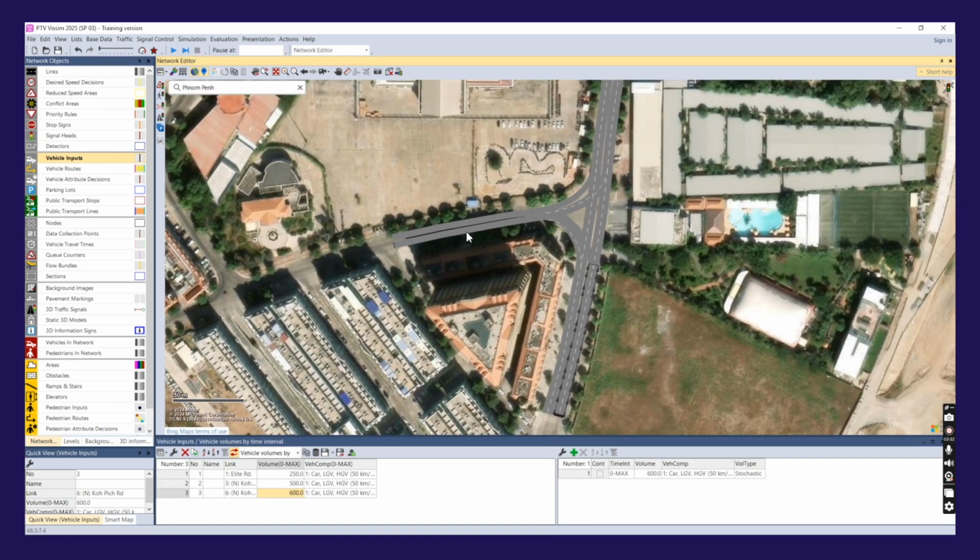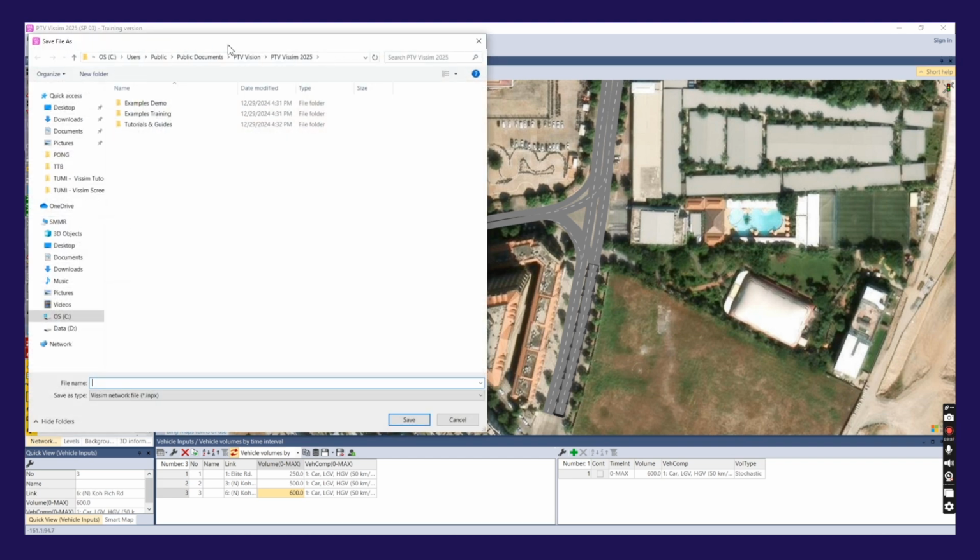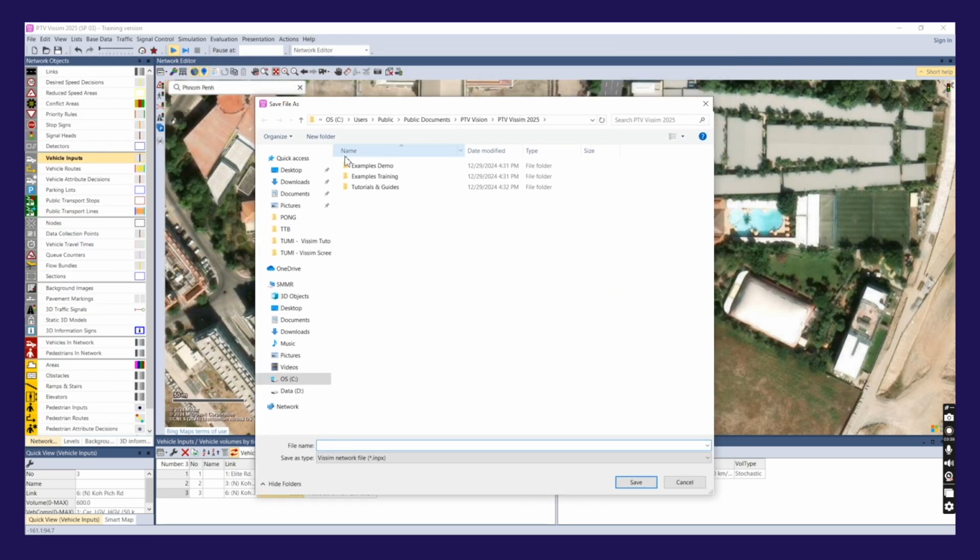And to do that, we go up here to the top and we can click play. This will prompt us to save our network. So I suggest you create a folder somewhere in your computer or on your desktop, and you save it with whatever name you choose. I will call it 1, so it's our first version file, base network and vehicle inputs. And this means that if you make a mistake later on, you can load back up this file and continue where we've left off here. So save,